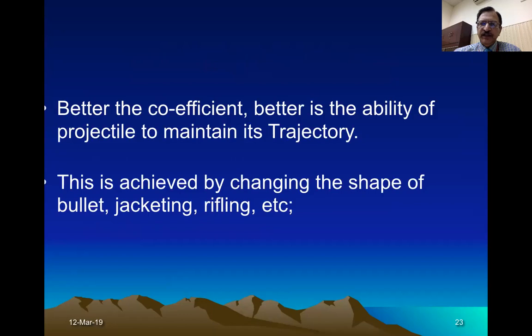Either you can change the shape of the bullet with the help of jacketing or with the help of rifling. When you change the shape, that is, instead of a rounded tip, a sharp conical tip, that will cause low resistance. And if you jacket it, that is polishing, where they cover the lead core material with a fine alloy, that is called jacketing. It will smoothen the surface, so it will offer less resistance. Similarly, rifling is when you engrave the